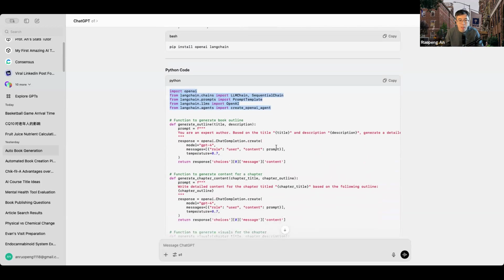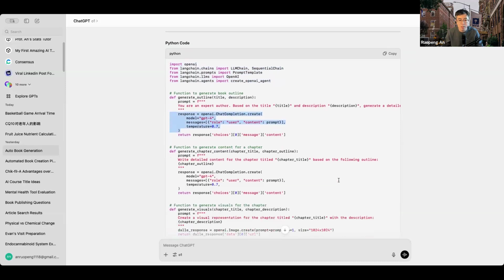And there are also inconsistencies here. For example, in the response, it doesn't really call the LangChain pipeline, but directly uses the chat completion, which is OpenAI API specific syntax rather than the standardized LangChain syntax.